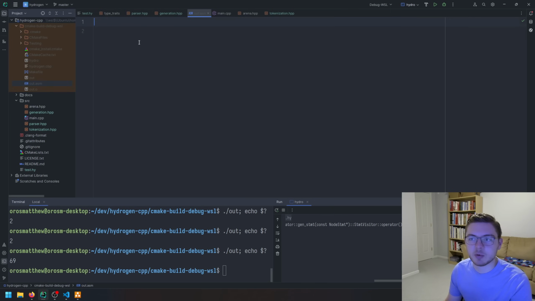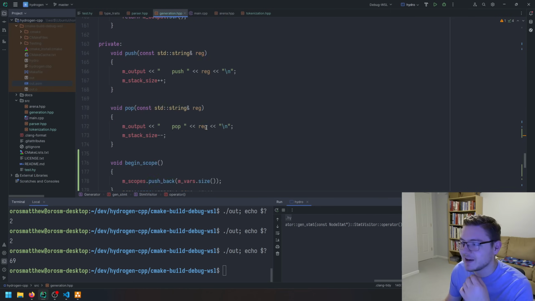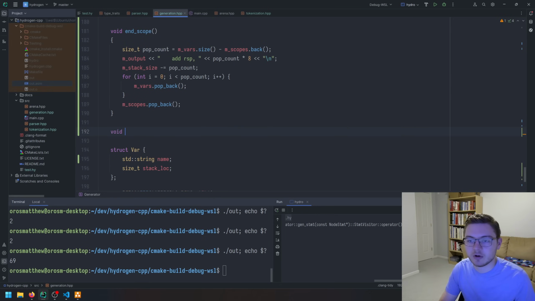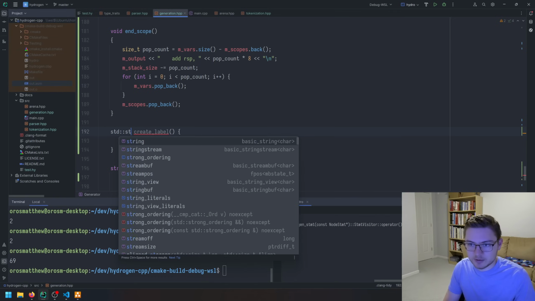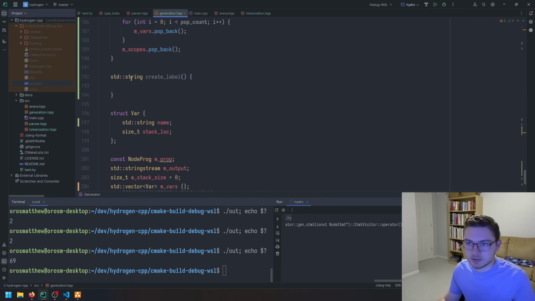So we need a way of creating labels. And I think we could just call it label and then a number that just increments. So we can go ahead and do maybe create label. We give it a string, and we have a label count. So we can have an int m_label_count equals 0. And then we just do return